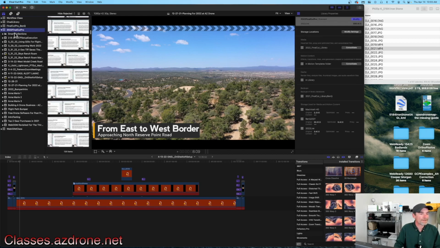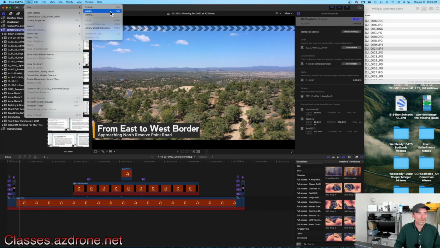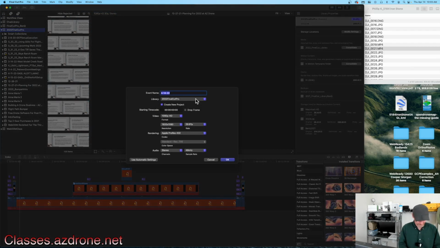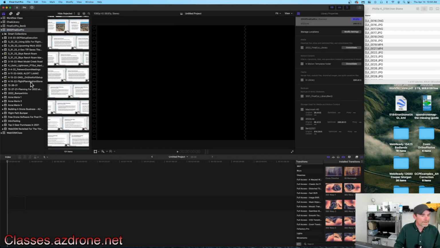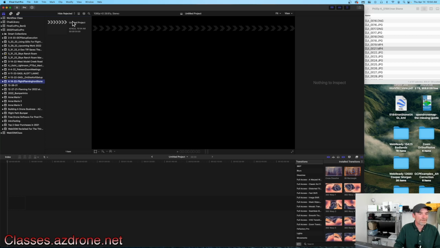And now let's highlight the right one. So this is the correct library now. So now we can do the event. And let's put that name in there. Say OK to it. And now we should find it. There it is right there. And I'm going to change the untitled project name. There we go. So now we have my workspace that I'm going to be using for, not Lightroom, Final Cut